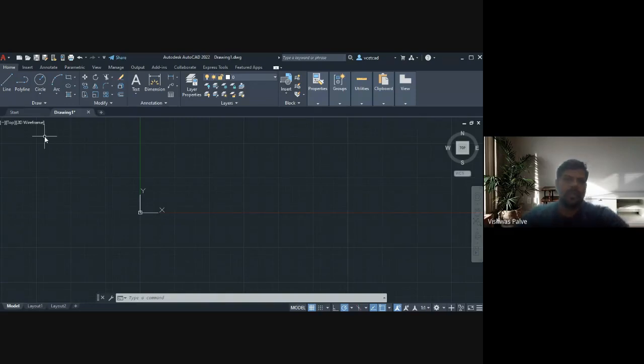Okay, so let us start with the first. Actually, last practical we conducted just a walkthrough of AutoCAD software, but today we are going to start with our actual practical session and we are going to learn the draw toolbar. So today's aim is to learn the draw toolbar and a few commands which are necessary to perform the practical.